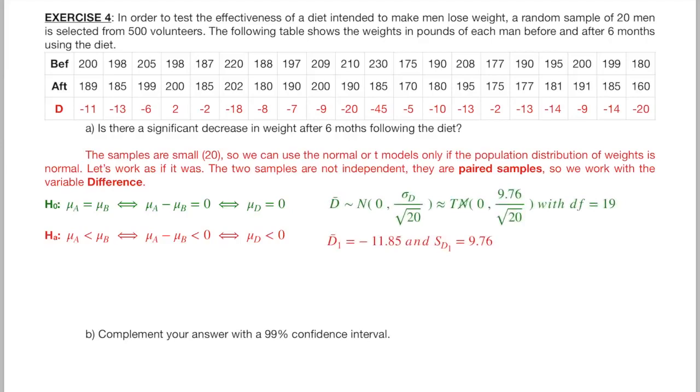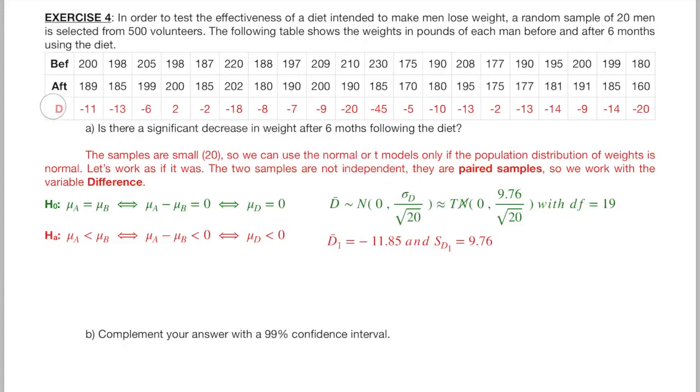The sampling distribution of sample means for the difference should follow a normal model whose mean is the 0 per our null hypothesis, and whose standard error will be the population standard deviation of the difference over the square root of the sample size. As usual, since we don't know the population standard deviation, we use the sample standard deviation instead. In doing so, we transition to the t-model. By the way, this notation with the n crossed out is not official. I use it here because I think it helps students understand when and why we use the t-model.